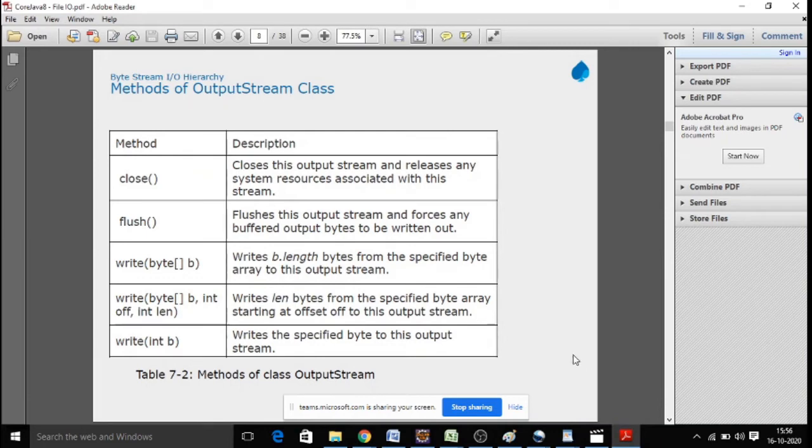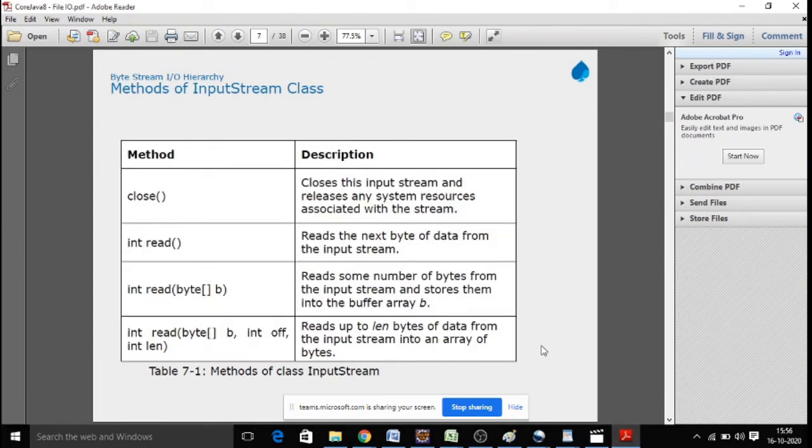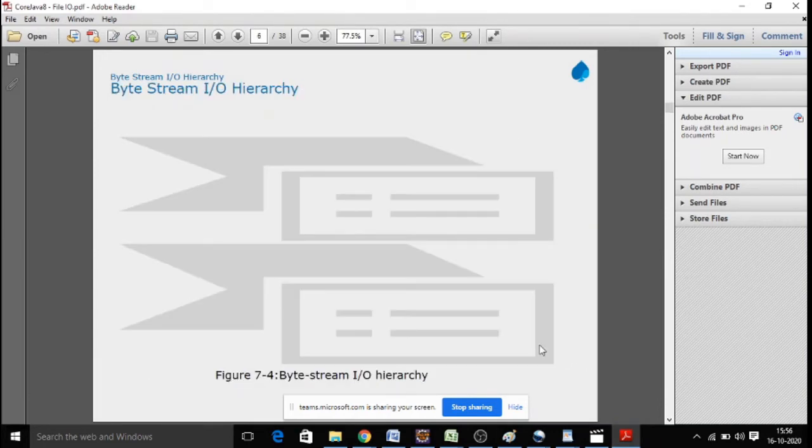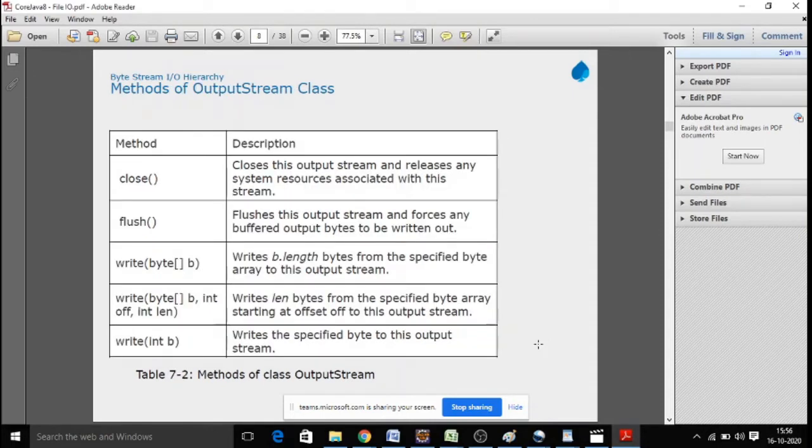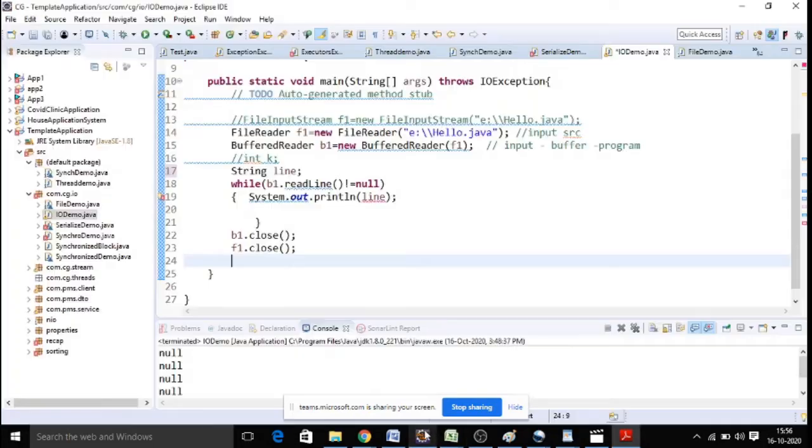So the thing is, we are checking with two different types of streams, right? Character streams and byte streams. Byte streams can read one byte at a time, which is very slow. And character streams can read one character at a time. So the first example we practiced is FileInputStream, which is a byte stream. We have observed that here we used the b1.read method, which can read only one byte at a time.